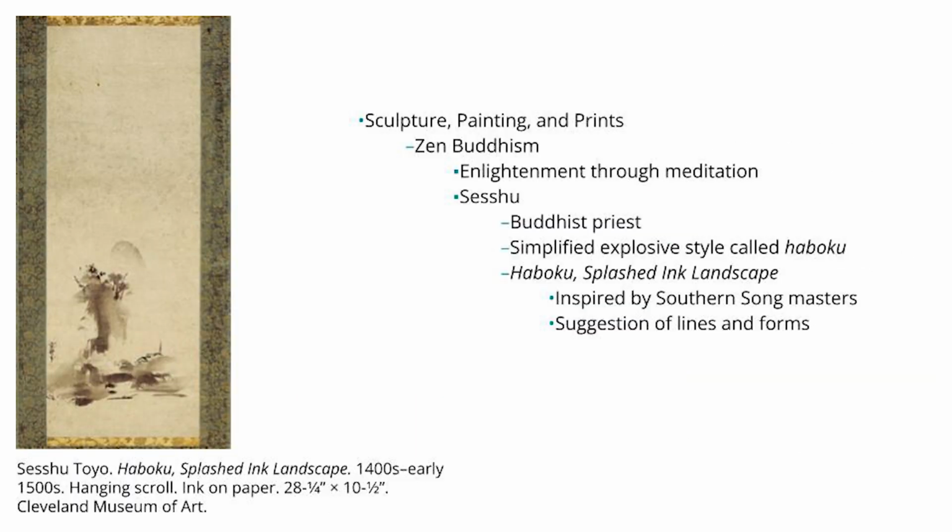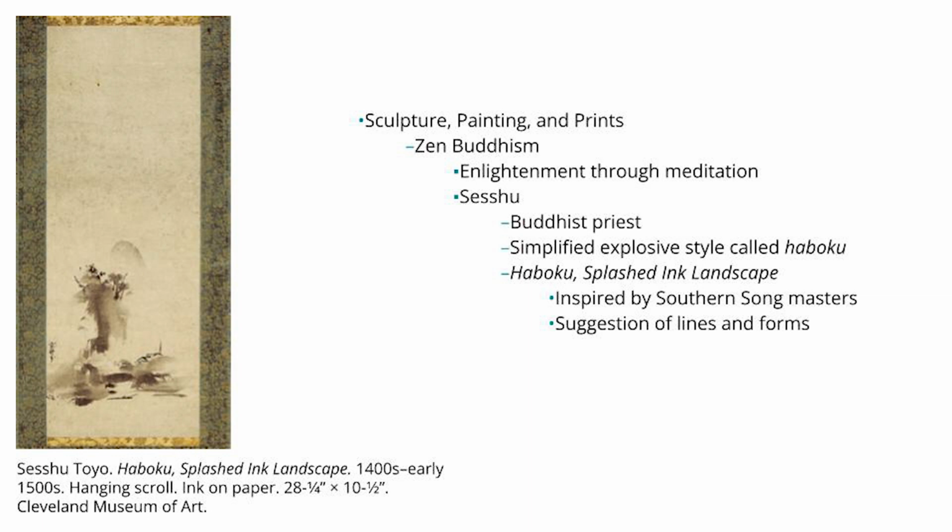Now, looking more towards something a bit more chill, we've got Zen Buddhism, which really came to light in Japan. And this is the idea of enlightenment through meditation. This is a work that is actually by a Buddhist priest who also made art. This is by Shou. And this Buddhist priest